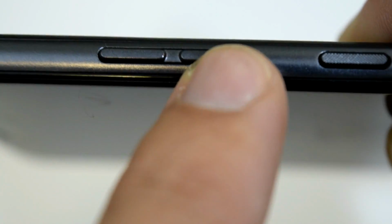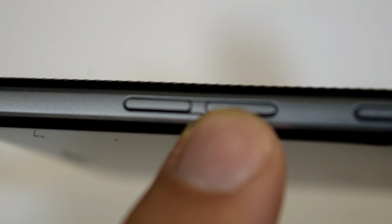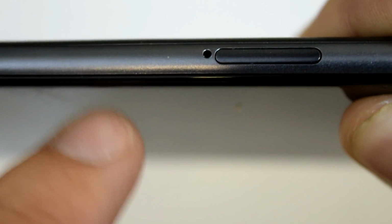I like the way this feels over the other ones. Now I won't base this off of this one over here, the Blade Z Max, but for some reason this one just has a better feel to the bezels. And I'm not complaining about the power button. I prefer this type of texture better. The bottom has the USB-C and a microphone, and the left side has a SIM card and micro SD card tray,